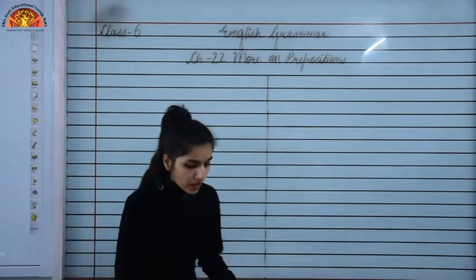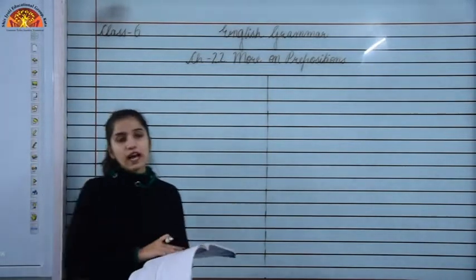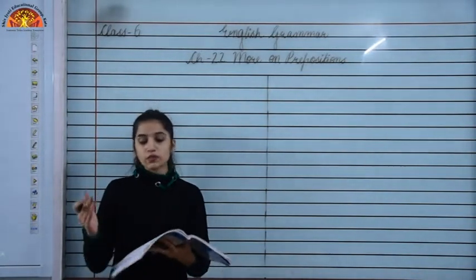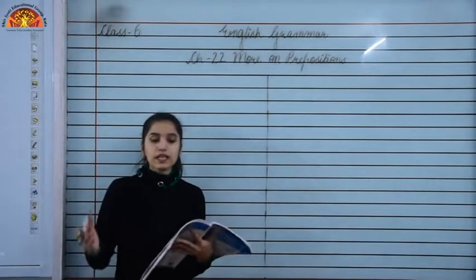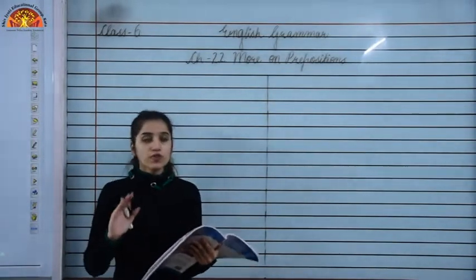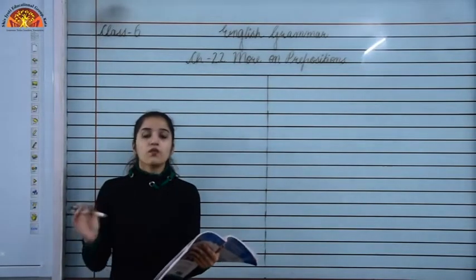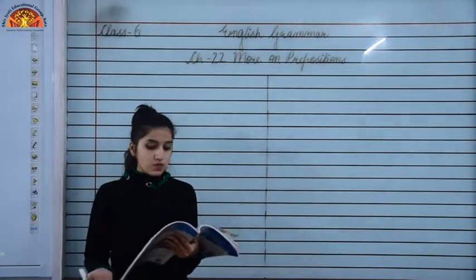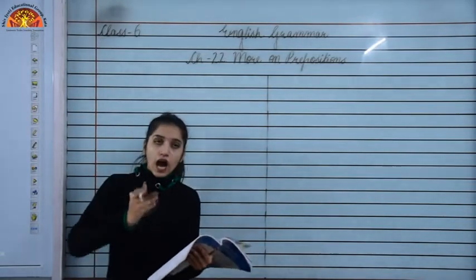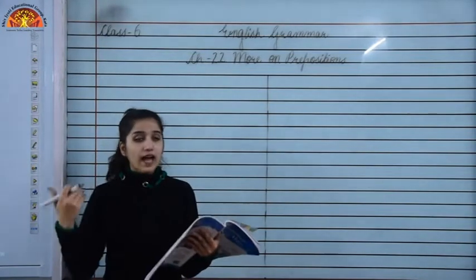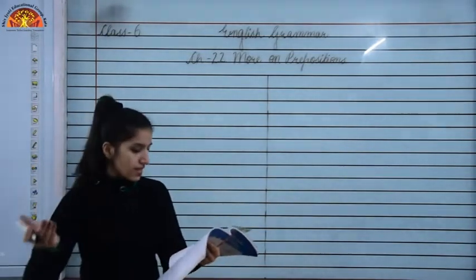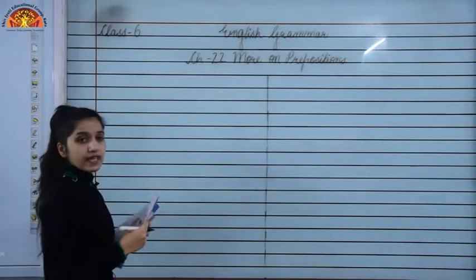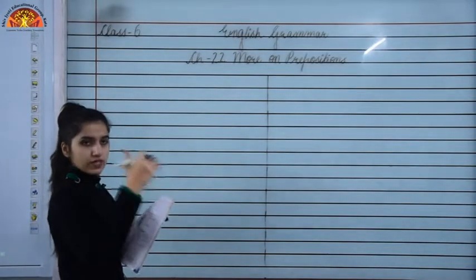So what is a preposition? We have already studied in our previous chapter that prepositions are the words that are placed before a noun or a pronoun to show their relation with the other word in the sentence, isn't it? And an adverb tells us what? It is a word which tells us how, when, where, how frequently and to what extent an action took place. Let's see, I am giving you an example of both the things, that is a preposition and an adverb.